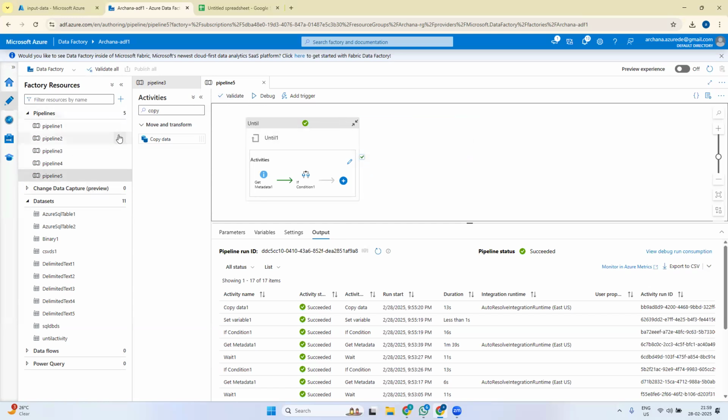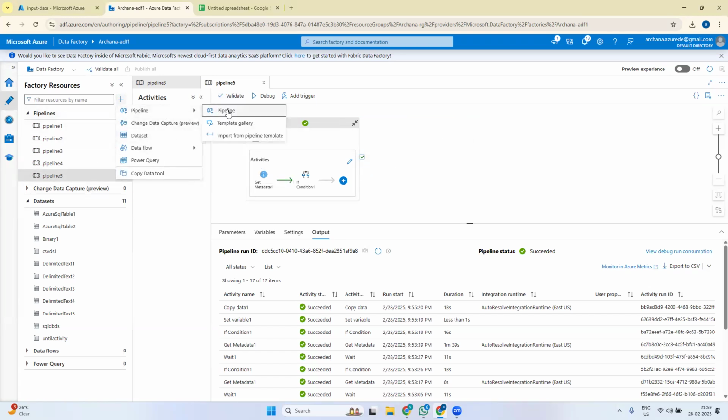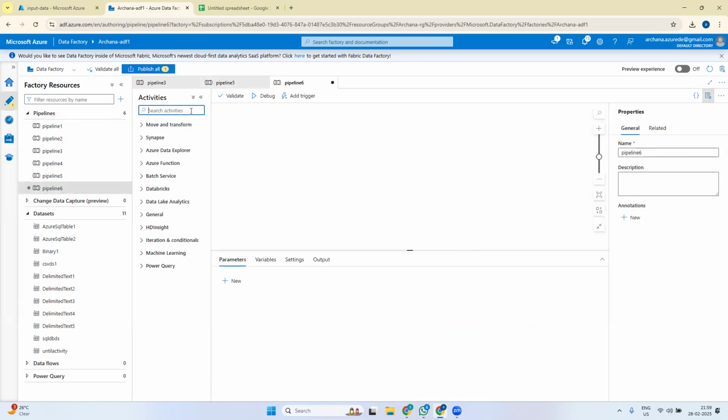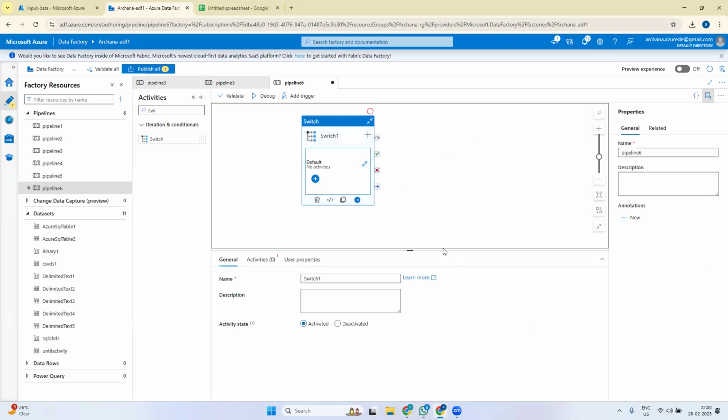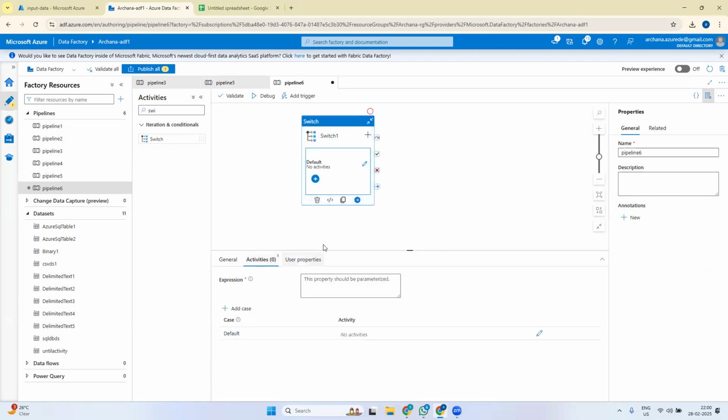we have something called switch activity. Switch activity is similar to if condition only, but we'll have multiple things. So when I say switch activity, it is simple. When you go to activities,